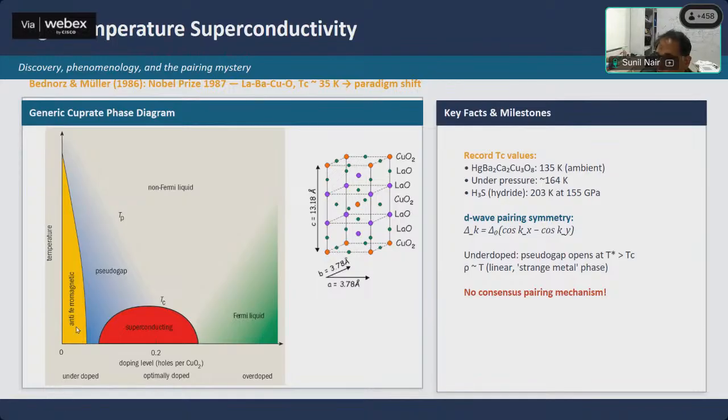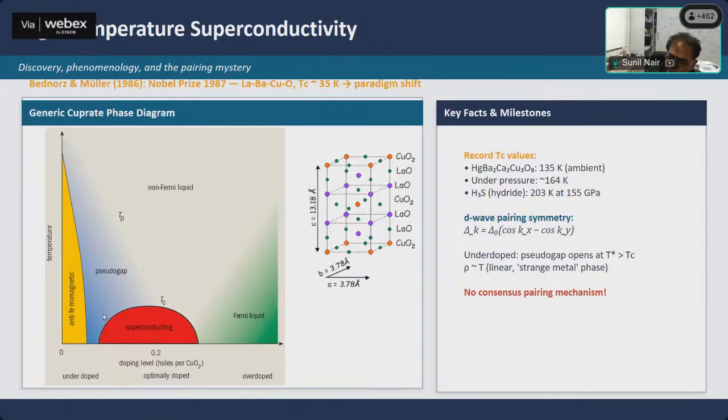The lower region is typically called the underdoped region of the cuprate phase diagram. Then this region is known as the optimally doped region, and the higher region is known as the overdoped region. Because at some point the superconducting dome also crashes, you have no superconductivity left, and then one is effectively left with a standard Fermi liquid. Now, the interesting thing here is that if you look at almost all unconventional superconductors, heavy fermions, cuprates, the iron pnictides, you will see a remarkable amount of similarity in the way that the phase diagrams look. And that tells you that the underlying physics is probably quite similar.